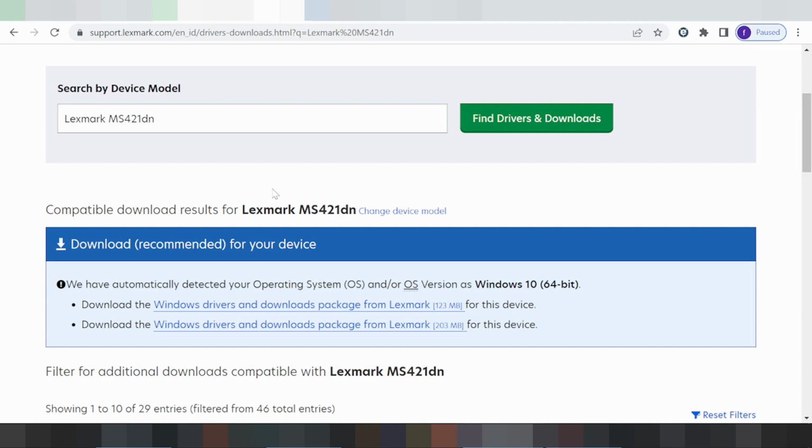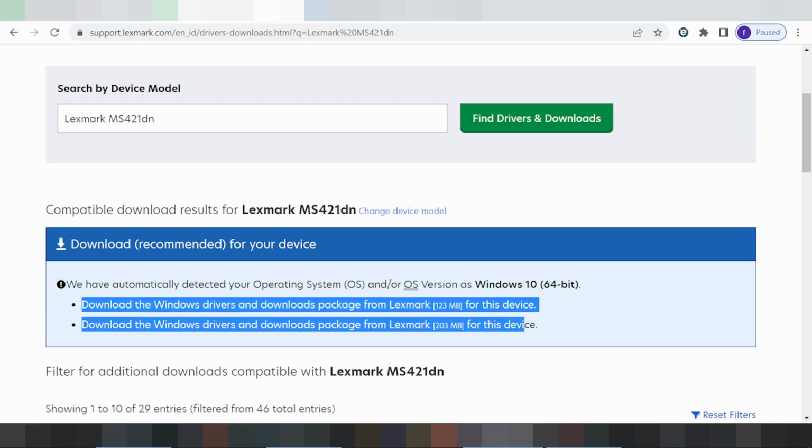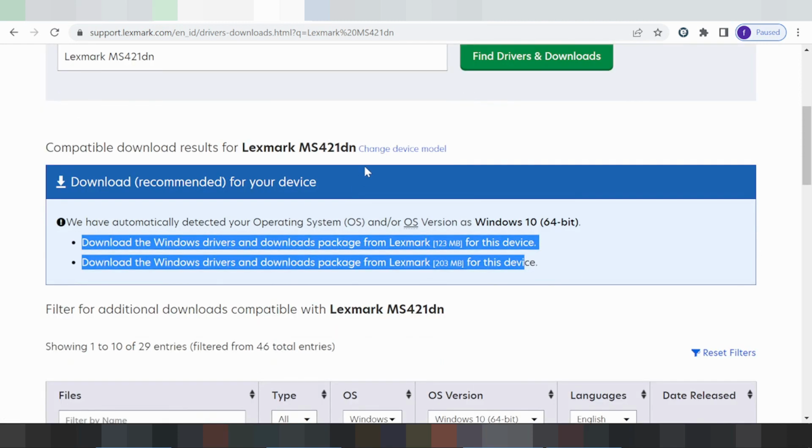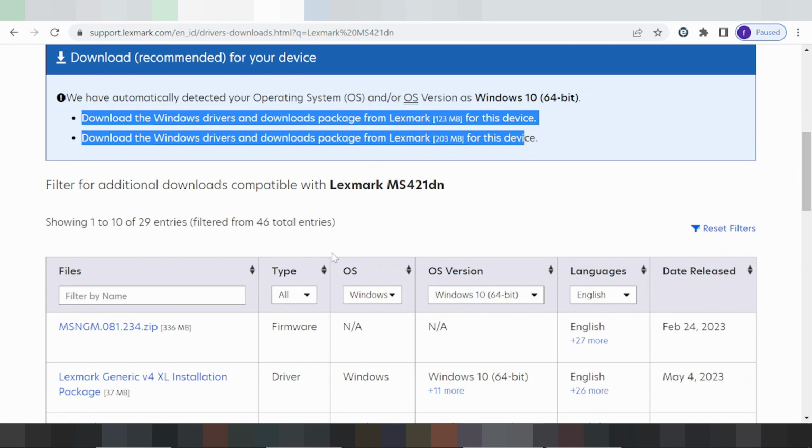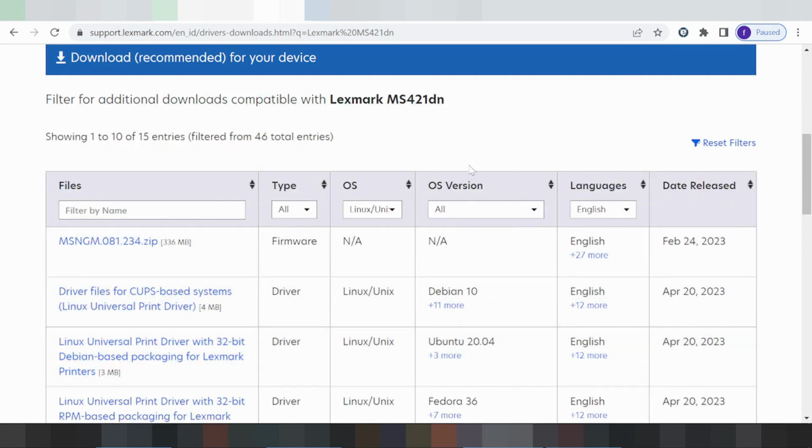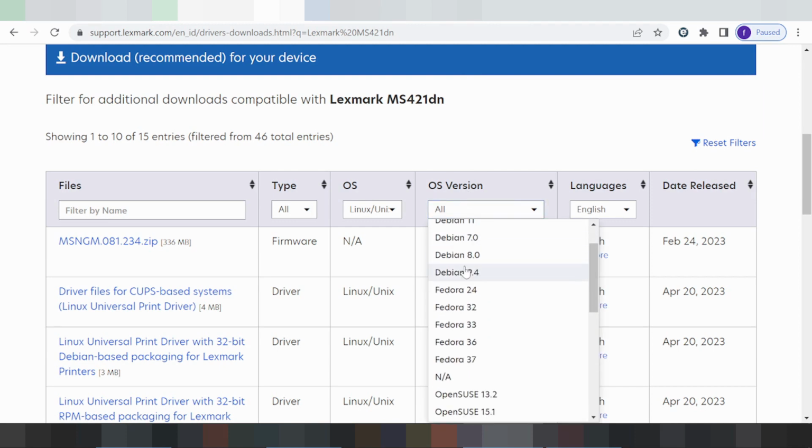operating system, and my operating system is Windows 10. And this here is a driver recommended for me. And you scroll down. This here is if you need to change the operating system, you click here. This here shows the operating systems Linux, Windows, and Mac. I'm choosing Linux, and this here is the Linux version, you click here. This here is the new version for Linux and this here for Linux